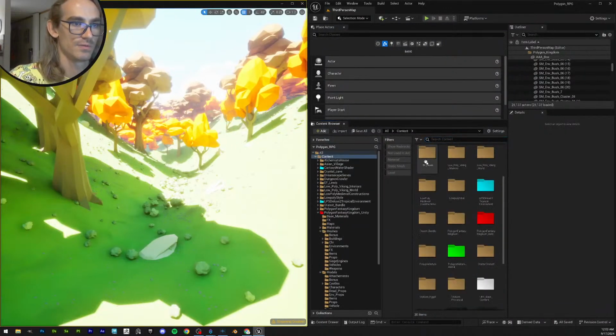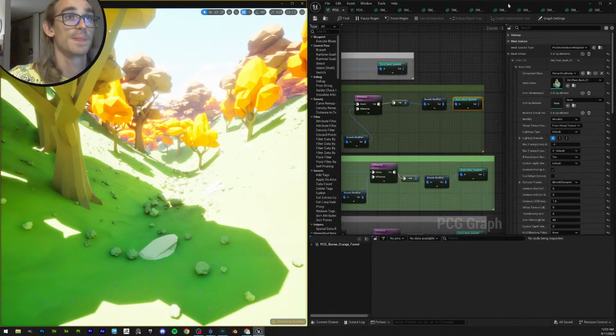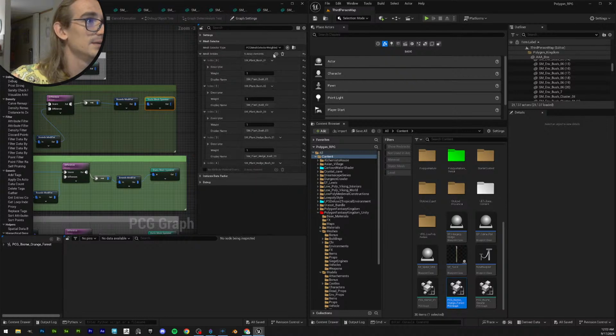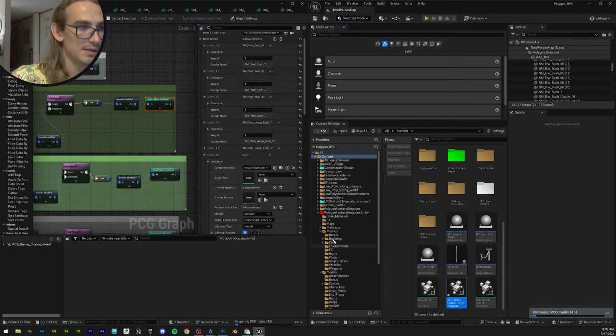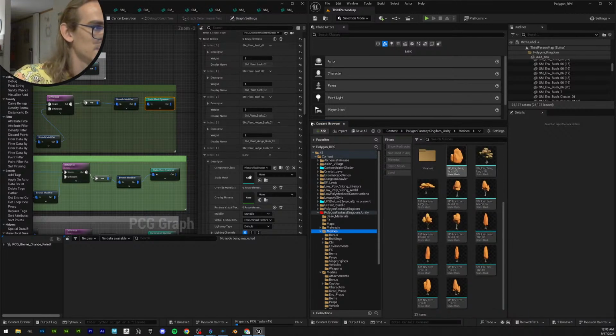It's right here. Orange forest. And in the orange forest, I want to simply add a new element, which is going to be an orange bush right there. Just drag it into the static mesh,